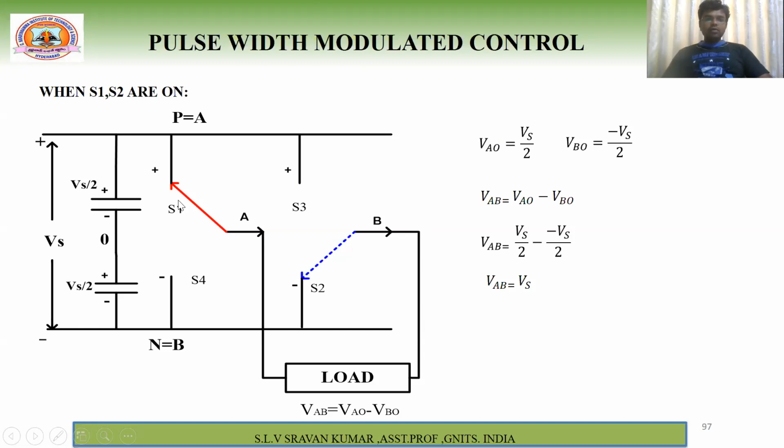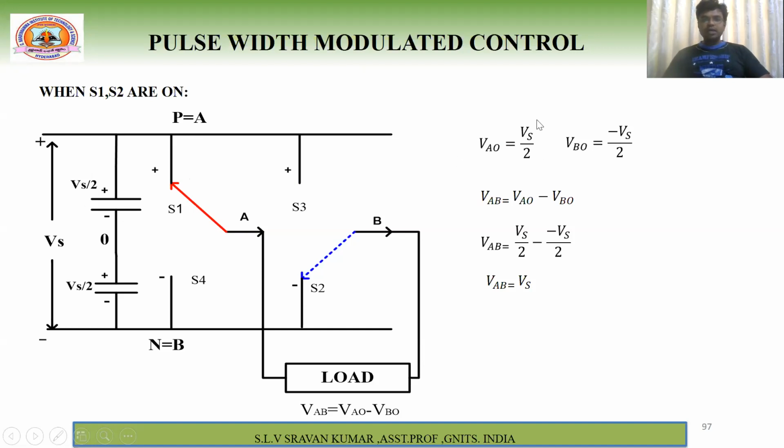So now when switches S1 and S2 are on, what is happening? See, this point and this point are both the same. Therefore, P is equal to A. Then what is the pole voltage definition? The formula I have given is VAO, from point A to point O. That means between A and O, what is the voltage? Vs by